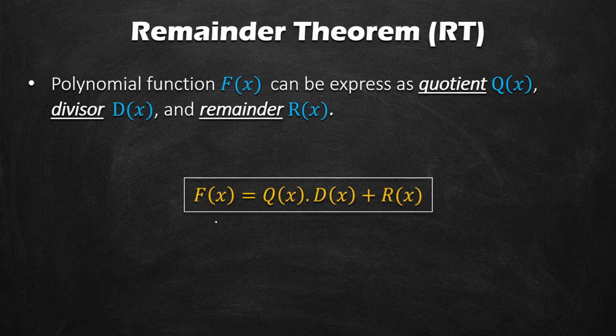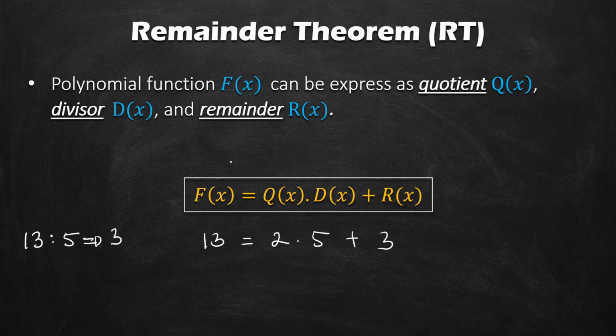A simple example of this one is, let's say we want to find the remainder when 13 is divided by 5. The answer is quite clear. It must be 3, right? But instead of writing it like this, I will write it as 13 equals 2 times 5 plus 3. Same expression, where 13 here is the function, 2 is the quotient, 5 is the divisor, and 3 is the remainder.